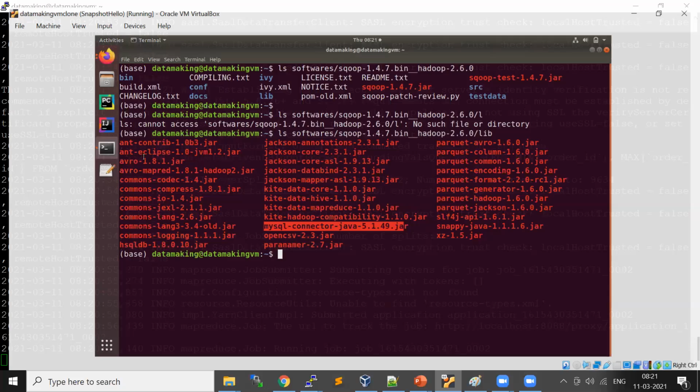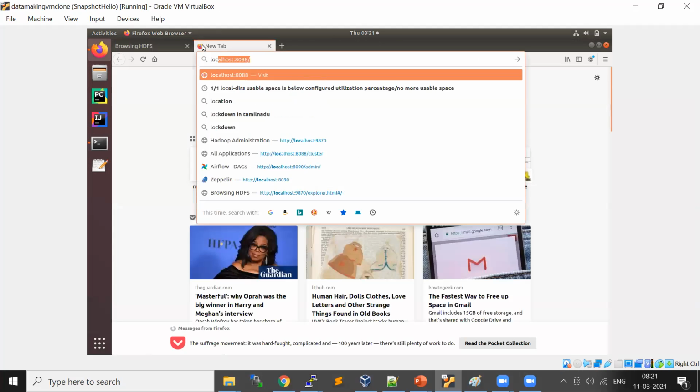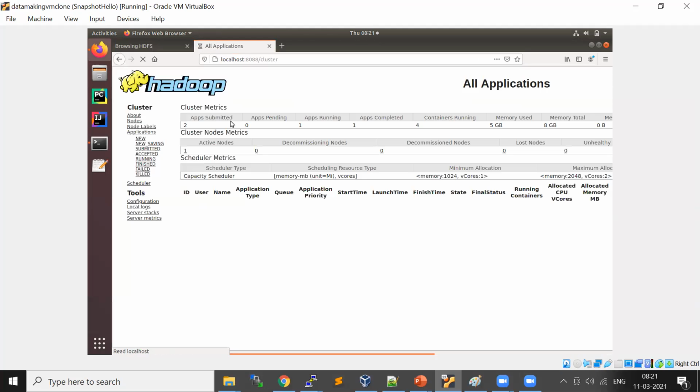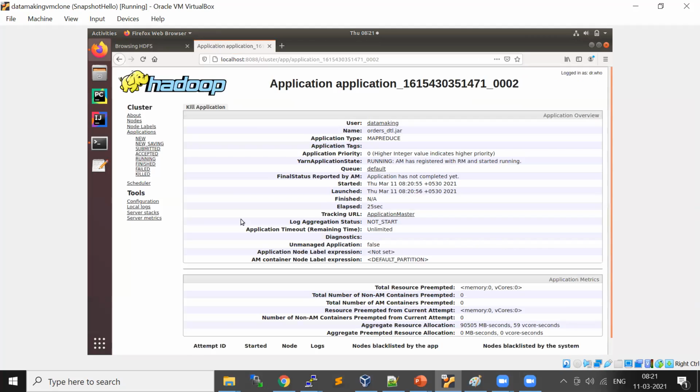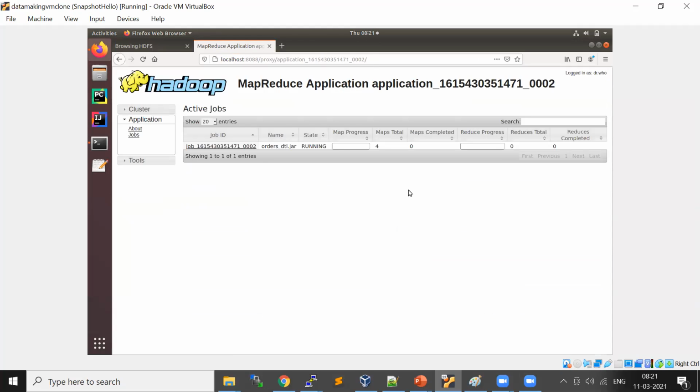Let's check the MapReduce job also. Now this time it took the default value for the map tasks.